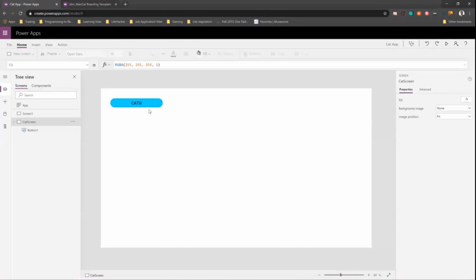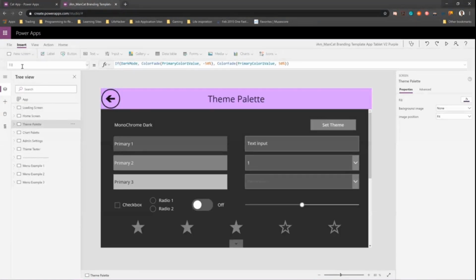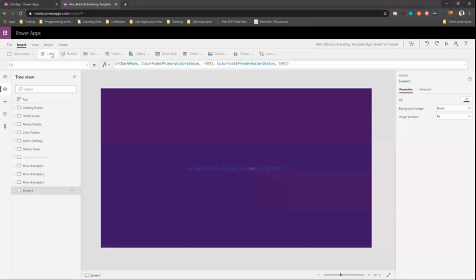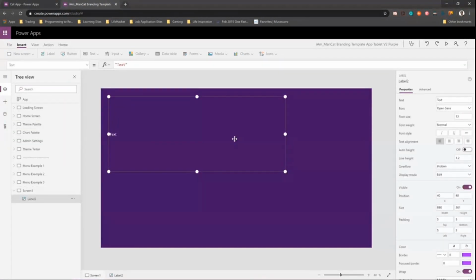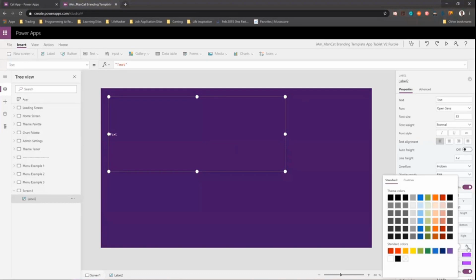It just says error importing file, and then you have to go backtrack and find where you made that error. So for this kind of thing where you're inserting screens and buttons, I wouldn't suggest everyone do this unless you want to do an ALM or really get into building apps programmatically. But for using the template, just take what I built, and for example, if you put a new screen in and put a bunch of different labels and just set them to